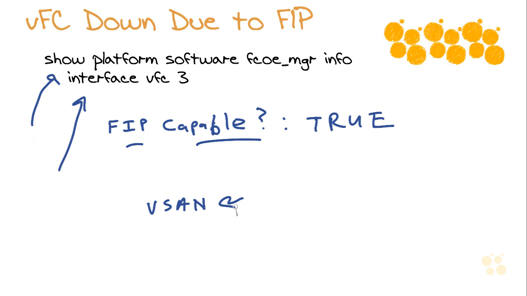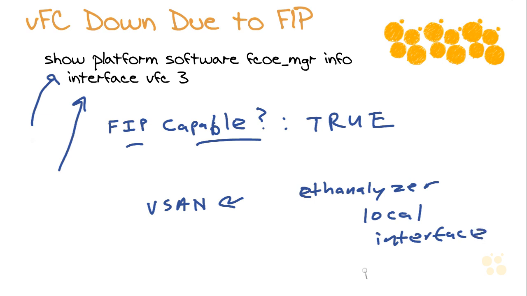Another thing that you can do is you can run this command, ethanalyzer local interface inbound high. Now, what's great about this built-in analyzer of traffic on the Nexus is that we can literally check for